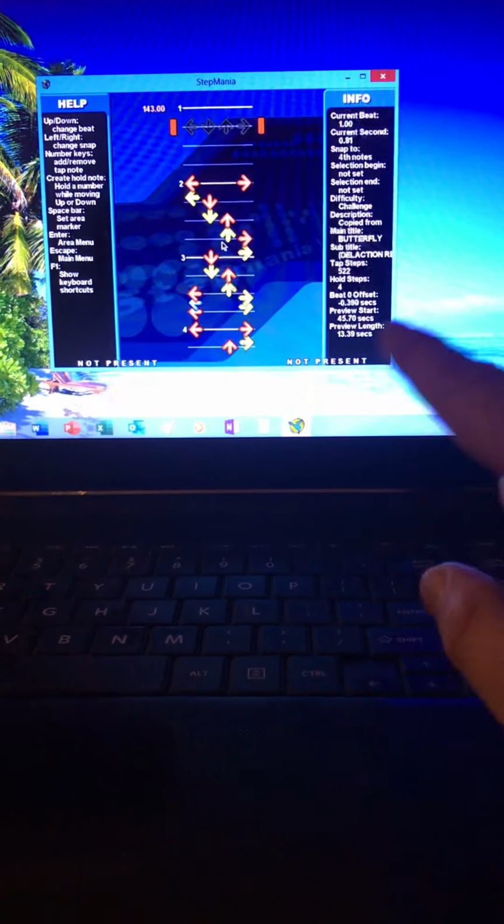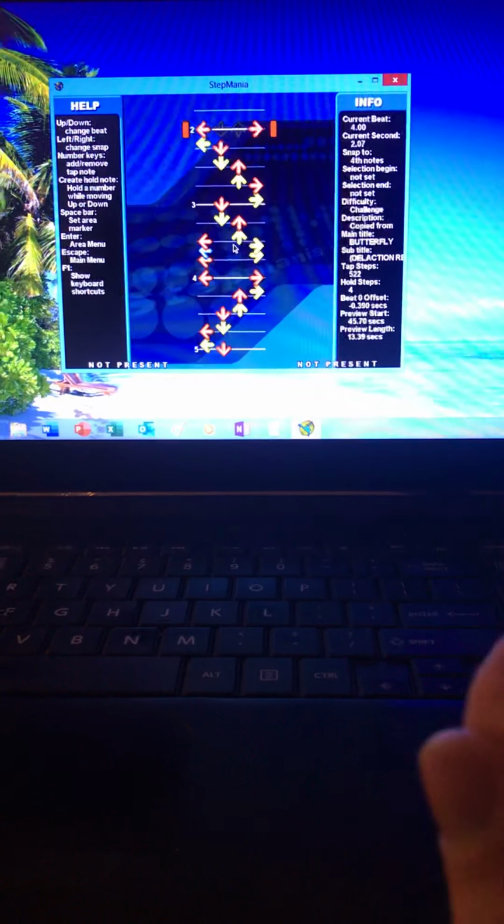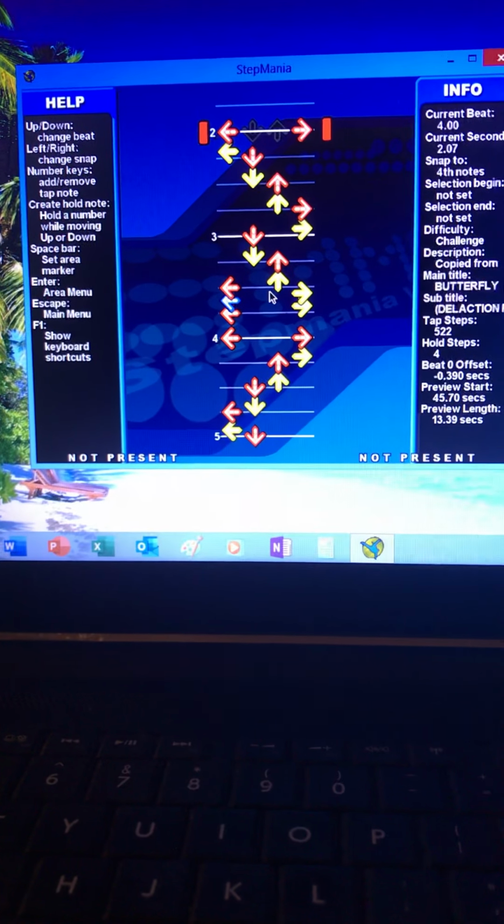And here you can see this is the step chart layout, and this is where you can place arrows. But this is also where you can place background animation clips. And so this is where things kind of get a little more complicated. So the first thing,